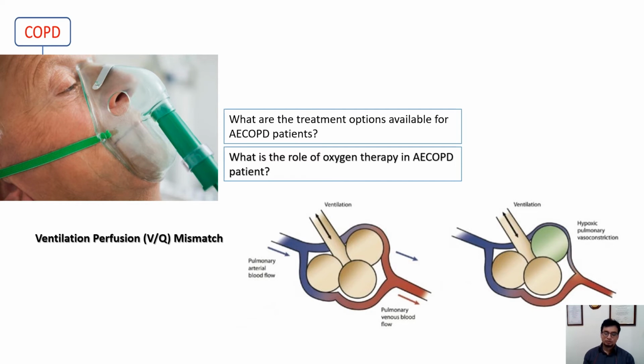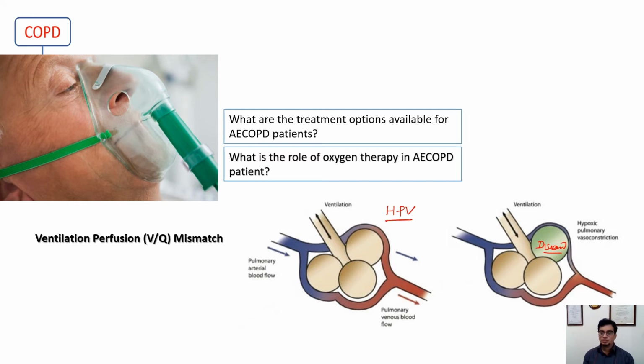And then there is another theory that if you give more oxygen, it can lead to loss of the protective pathophysiology, that is the hypoxic pulmonary vasoconstriction. So what happens? The HPV, suppose this is a diseased alveoli. Here the HPV vasoconstricts the artery around this alveoli. This vasoconstriction is actually an advantage, a beneficial response.